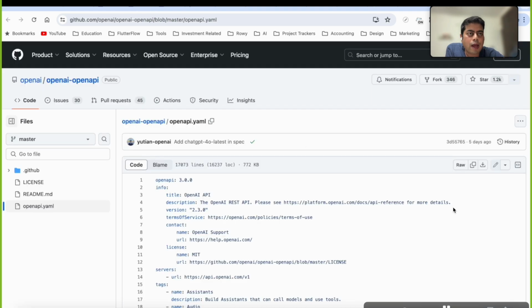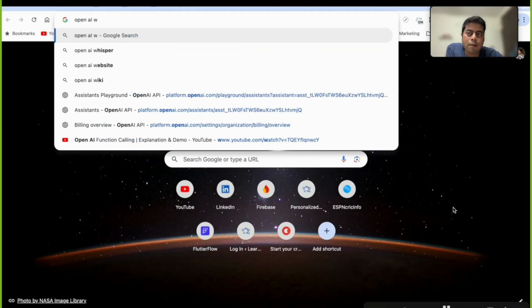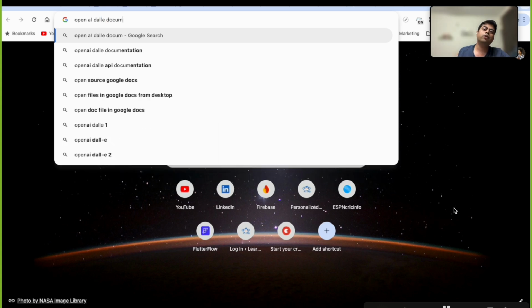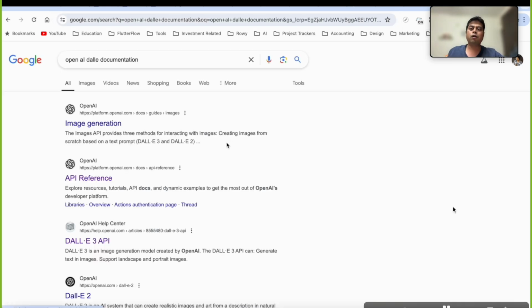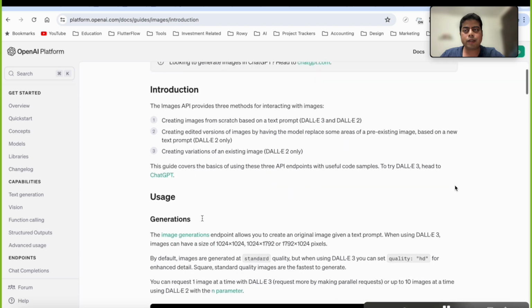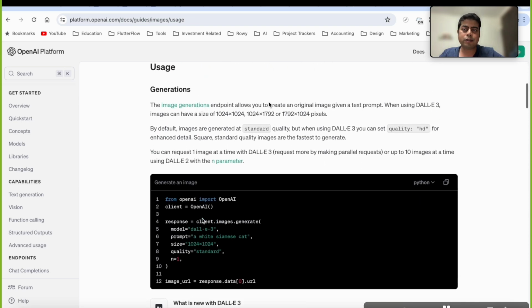So now we have downloaded the Open API YAML file. Now, one thing which I mentioned earlier is it's always a good practice to study the documentation as well. While you will get the codes readily available in the YAML file, it is important that you study the documentation. So you can just search for Dall-e documentation or image generation documentation for OpenAI on the website